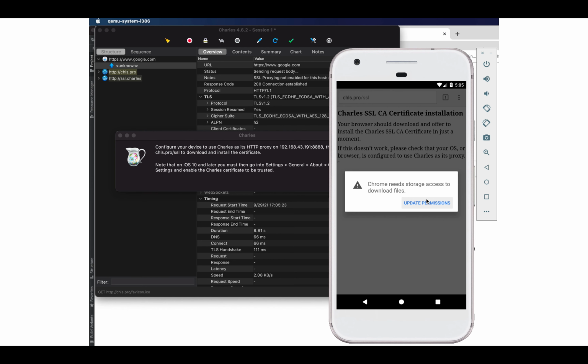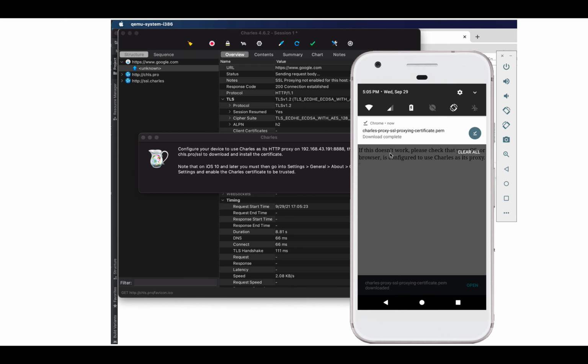Sometimes we will see that for that IP we will get a cross mark. In that case, we need to right click on that IP and there will be a drop down where we need to select the allow list to proceed further. And to download the certificate, Chrome needs the access. So set that permission. Now your Charles proxy certificate will get downloaded. And the next step is to install.